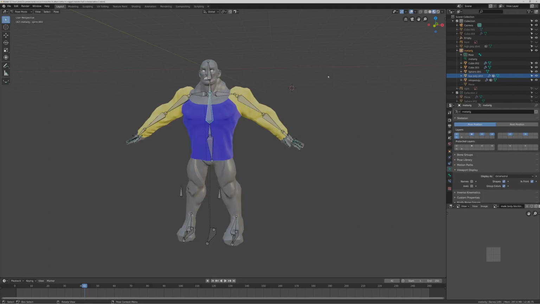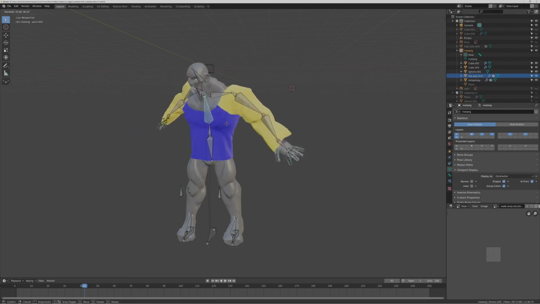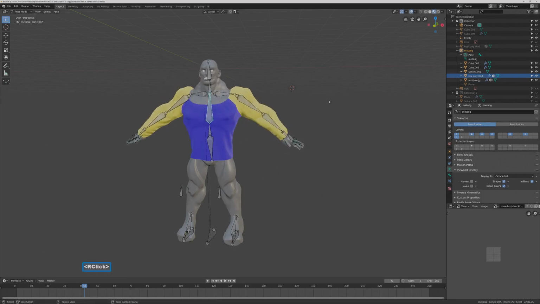Today I'm going to show you a way to attach clothes to an already rigged character mesh. I'm going to show you how to take something like this shirt mesh and have that shirt mesh move along with your character rig. I'm going to show you how to deal with issues like having your character mesh show through the shirt mesh, and I'll show you how to do that by working with the mask